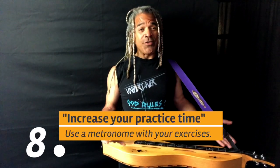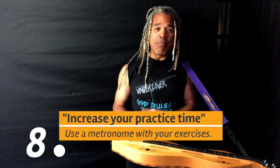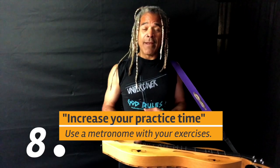Number 8 is increase your practice time. You know, it's a pretty well-known fact that the more time you put into anything, the better you get at it. But you know, oftentimes life gets in the way. Well, now life has pretty much said, stay home. So what can you do? Play your dulcimer more than you've ever played it before. And I think you'll be very surprised at how much progress you make in a short span of time. In fact, it might even be a habit you hang on to long after